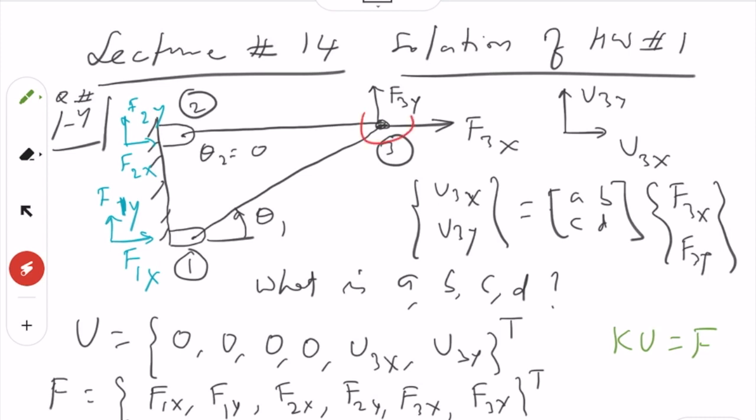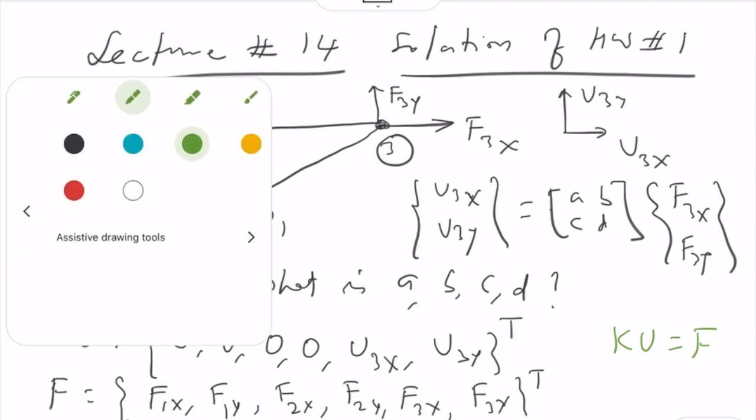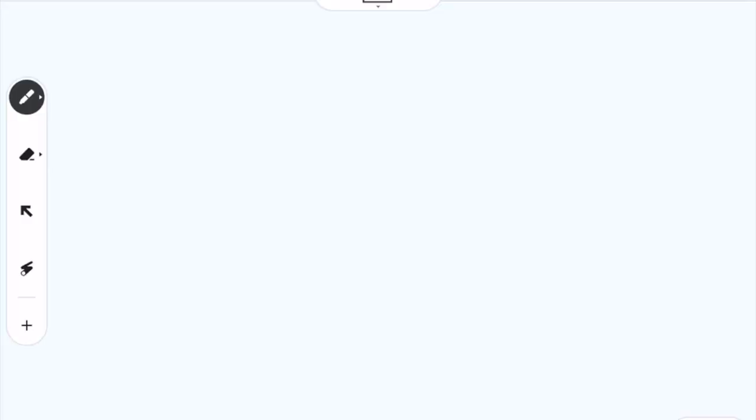Only the 5th and 6th rows will be taken into account, or simply the 2 rows from here and 2 rows from here, both added together because both of them are contributing, and that will be our k. So this way it can be a shortcut to solve it. Okay, so accordingly we can say that